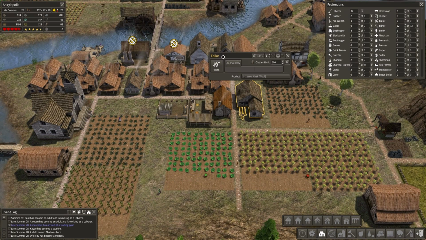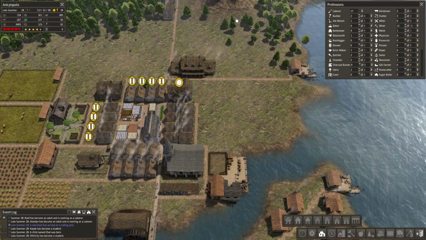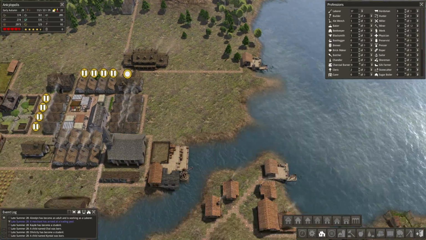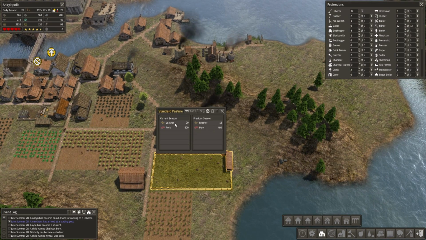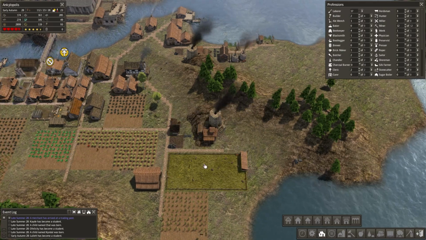And I'll probably want to build a second tailor pretty soon, and then I can just have one on wool, one on leather anyway. And I might make another hunter. I don't know. The pigs give pretty good leather, right? Is that fair to say? 20 leather, 12 leather. If it averages around 20 a year, that's not a lot, but...